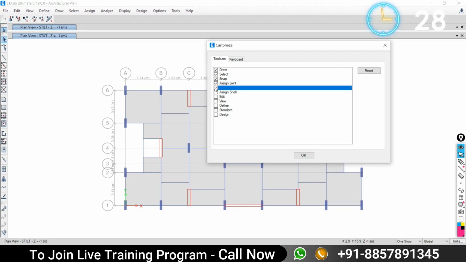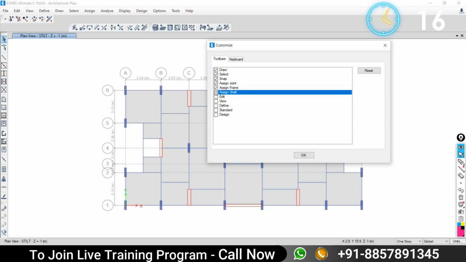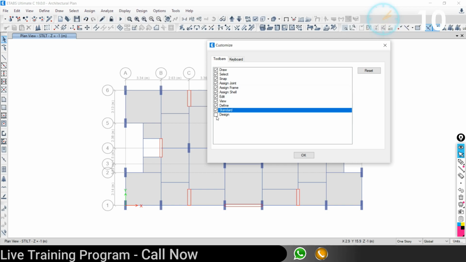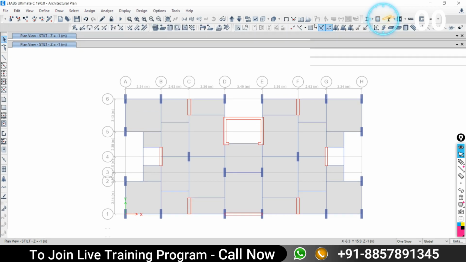Then assignment over the frame, like you want to assign the point load, line load, whatever basic requirement you need to use many times, that will be available here directly. Then shell assignment, edit assignment, see it is going to be added here. View, define, standard design. So all the options are now available here, as per your choice, as per your need, and as per your effectiveness, you can